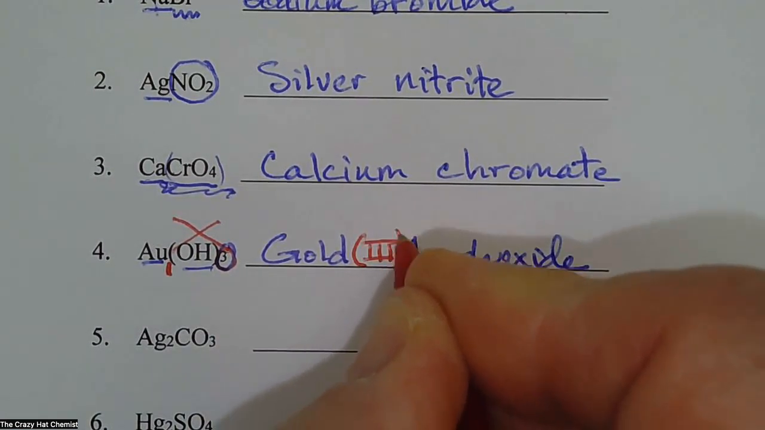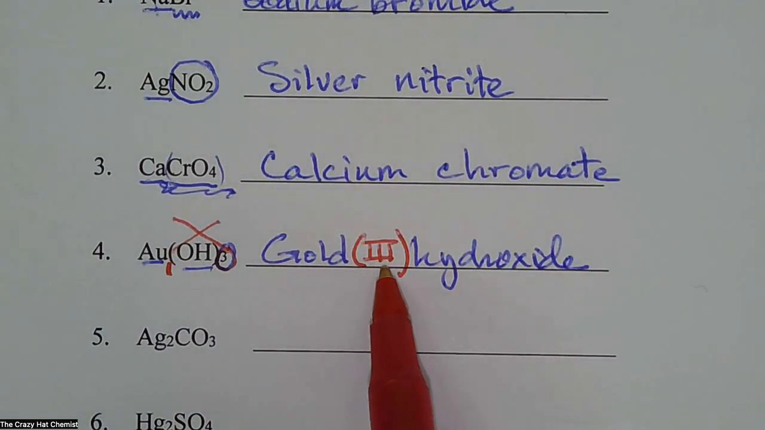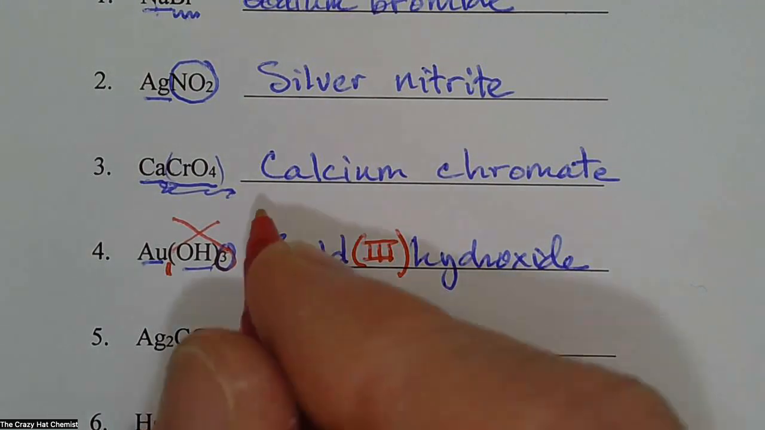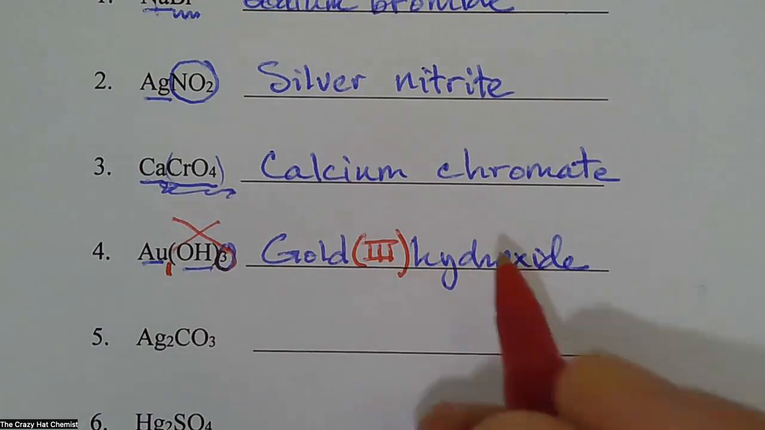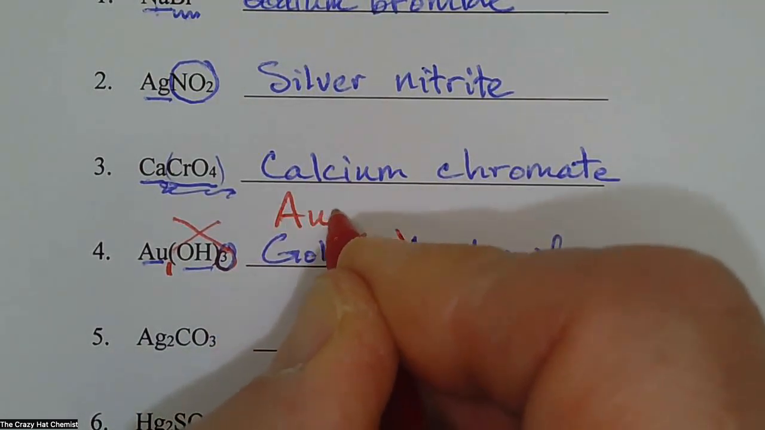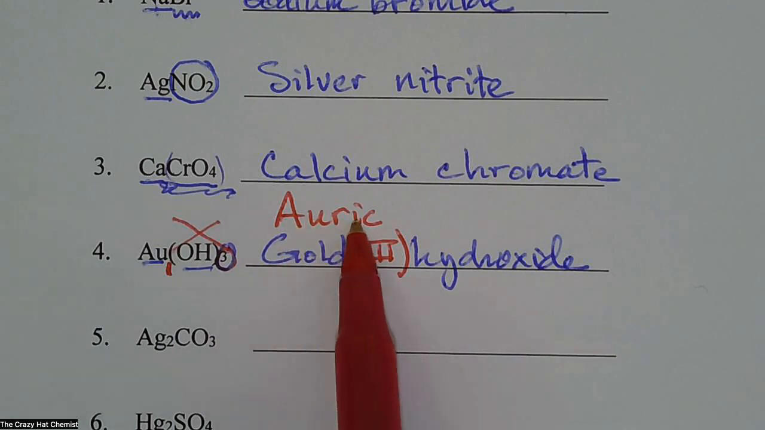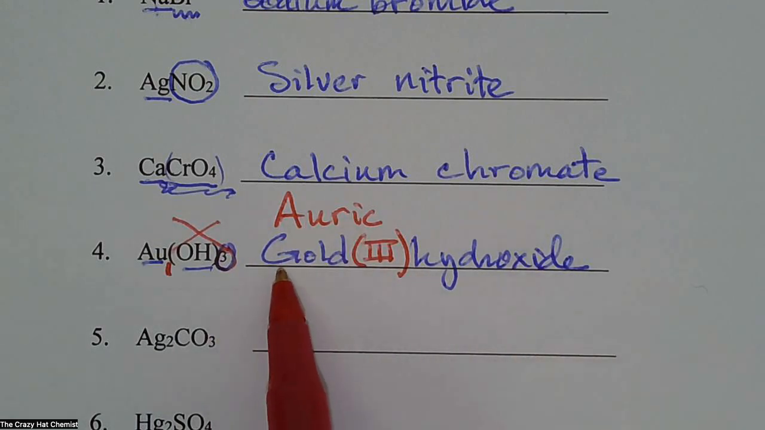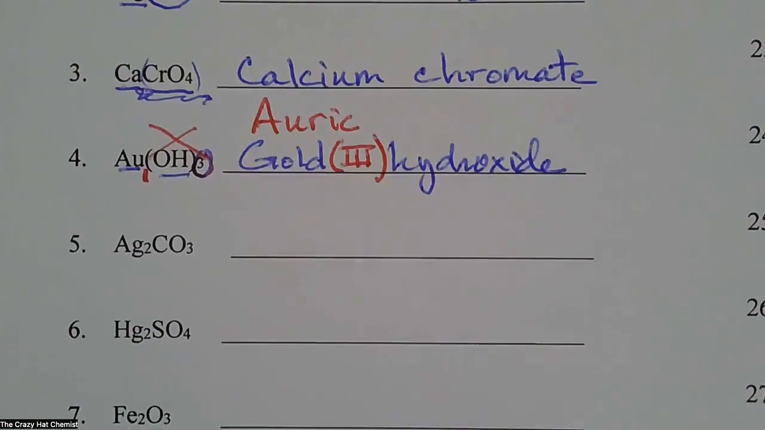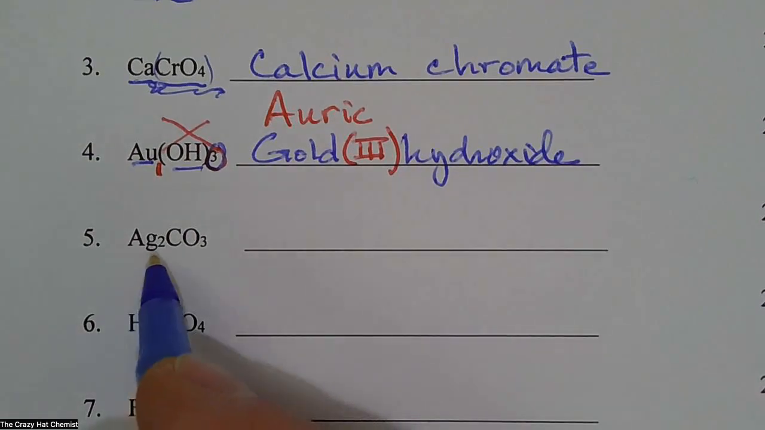And this is the systematic naming. So it's called gold Roman numeral 3 hydroxide. Okay. The other way of writing gold that's a Roman numeral 3 is auric. AURIC, because it's the higher charge of the gold. So you can write auric hydroxide or alternatively gold 3 hydroxide. It's entirely up to what your instructor would like on that. Okay, this next one here is